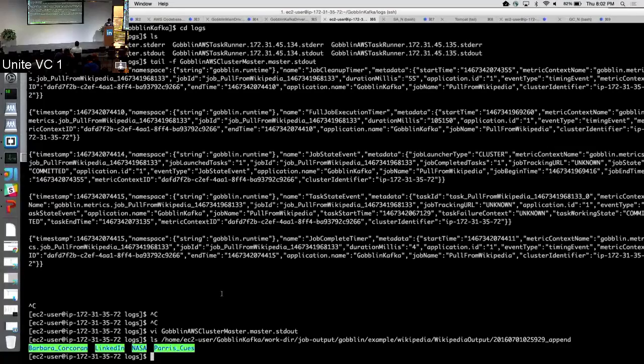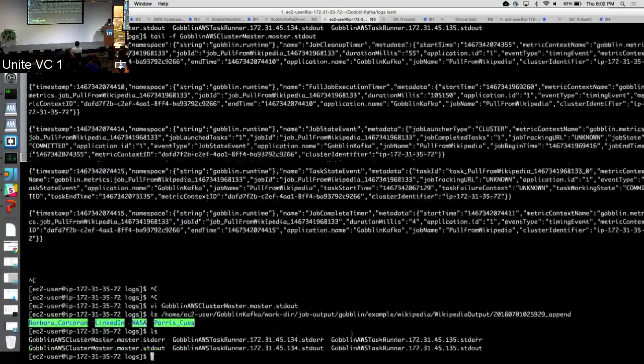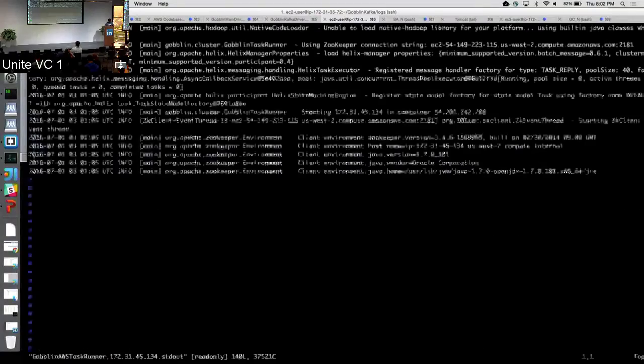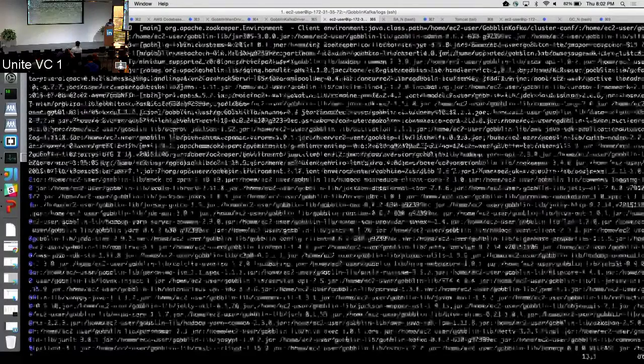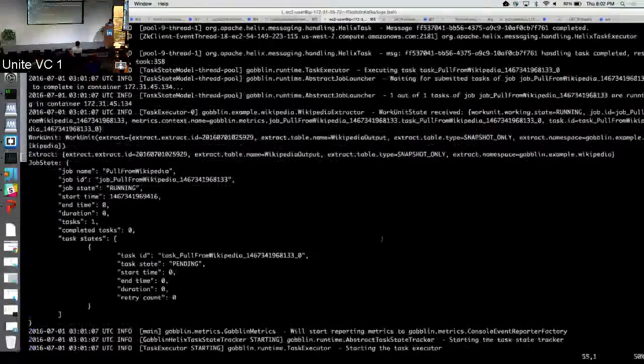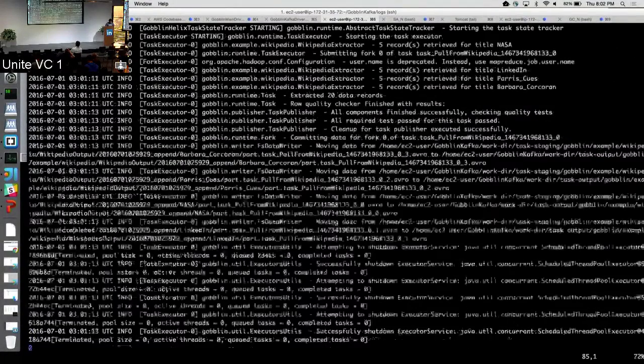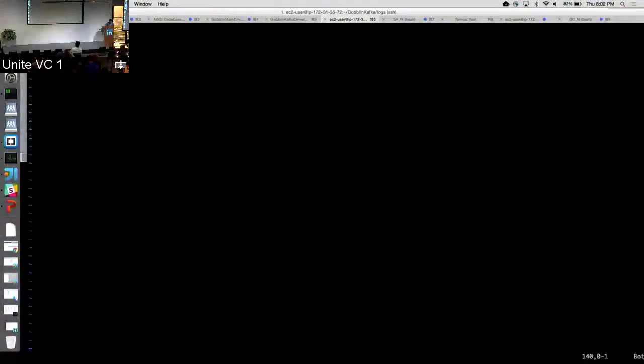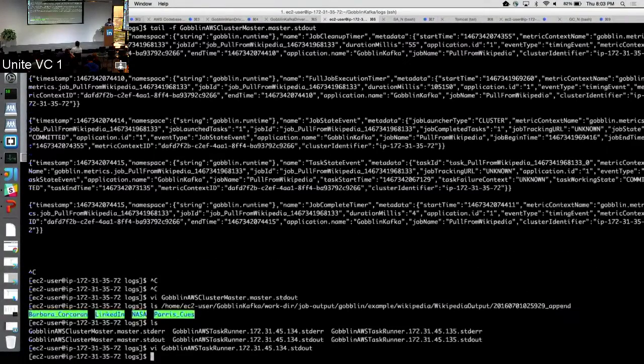And just to quickly look at one of the runner's logs, it should show if it picked up the task and executed, and what it did. So this is the work unit it got to execute. That is a task, and all the details about how it executed and the final metrics it had. So in the simple way, you have